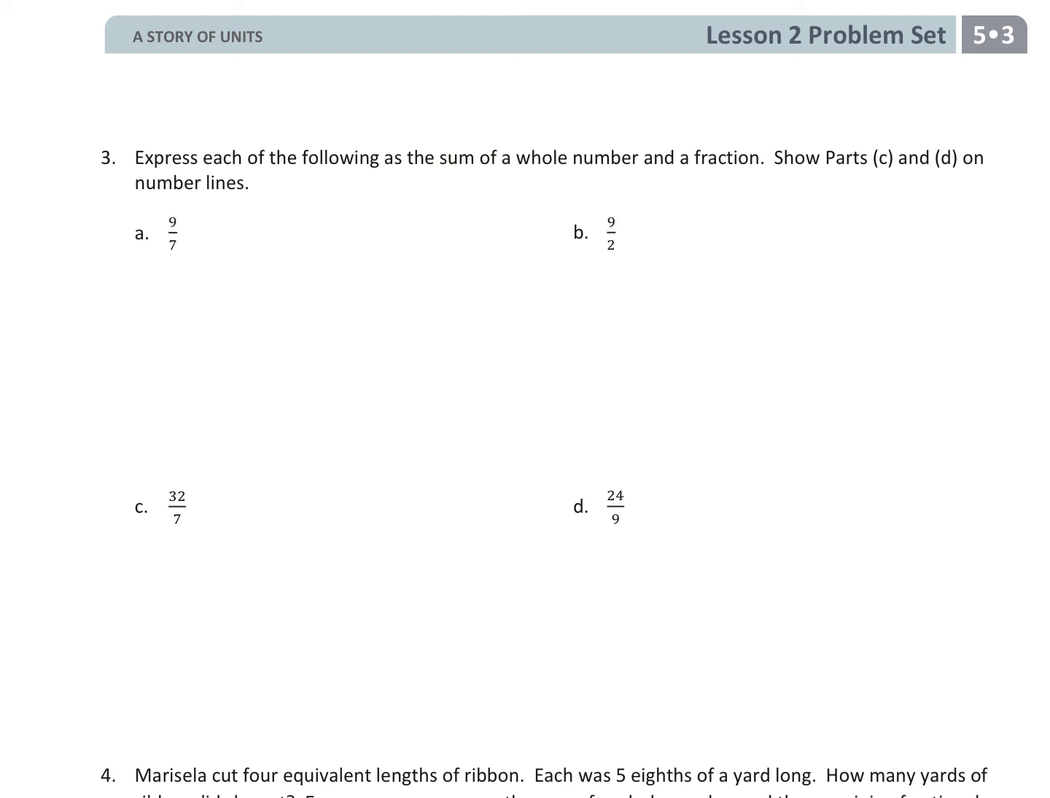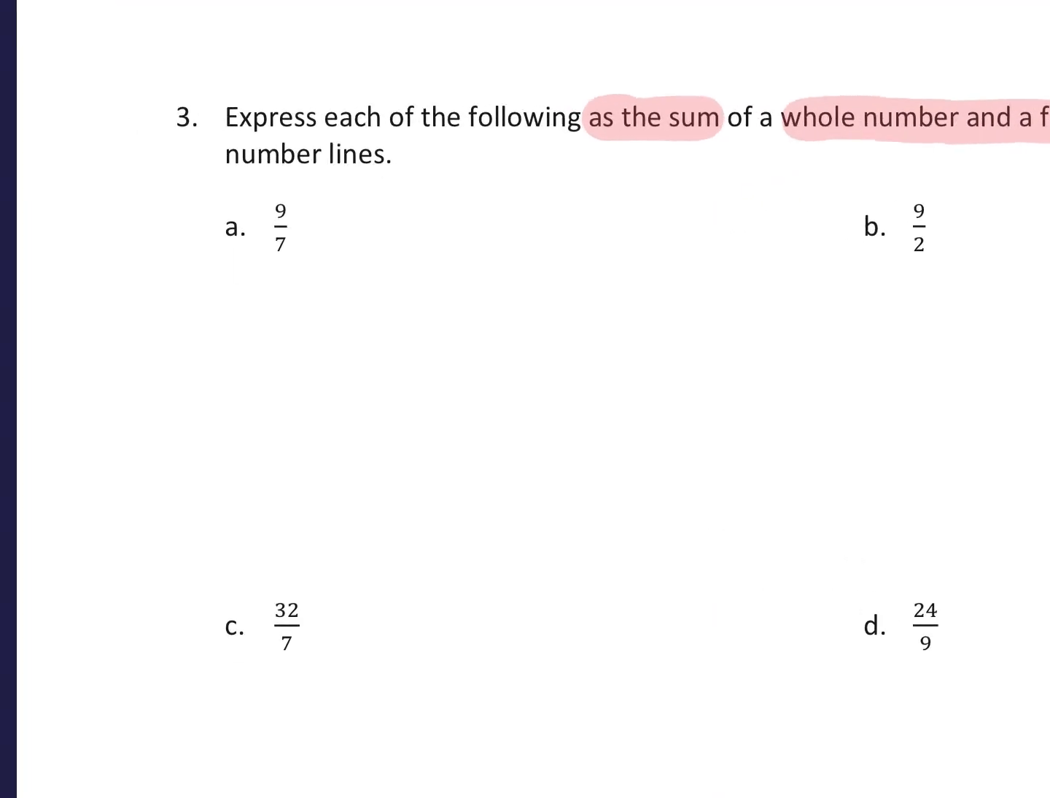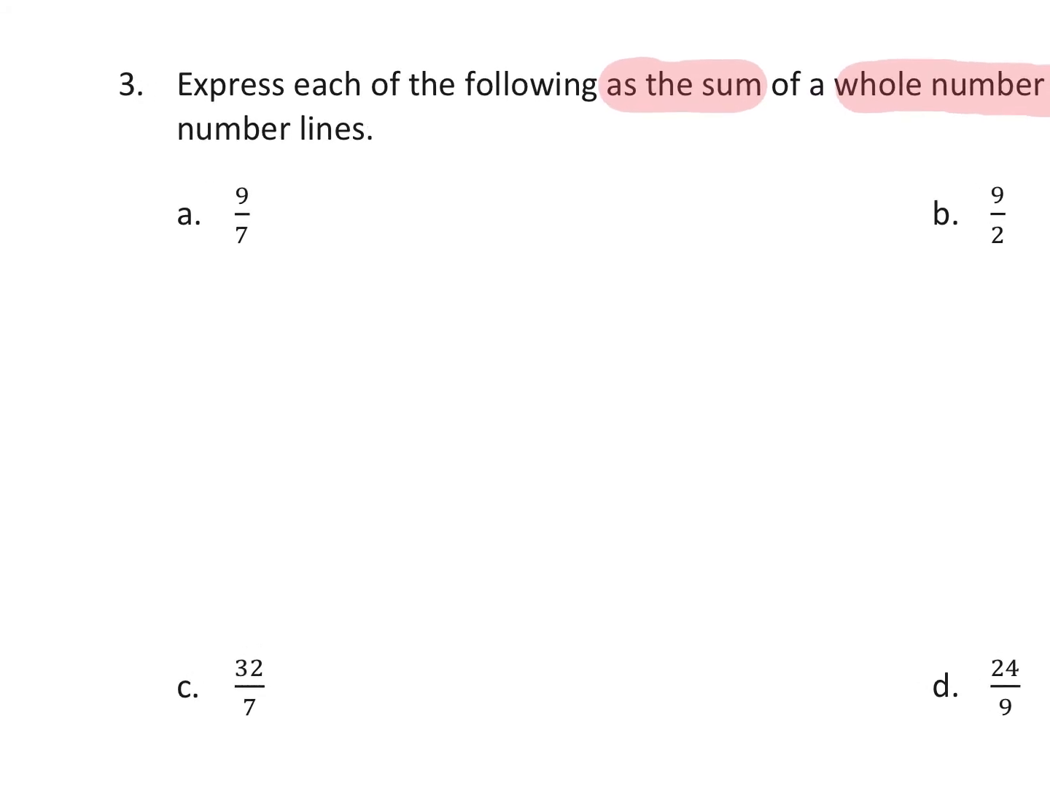We're showing it as the sum, so it is still going to be addition of a whole number and a fraction. Well, what do they mean by that? Let's look closer at A and talk about it. What do we notice about A? A is 9/7, and my number on the top is bigger than my number on the bottom, which means I